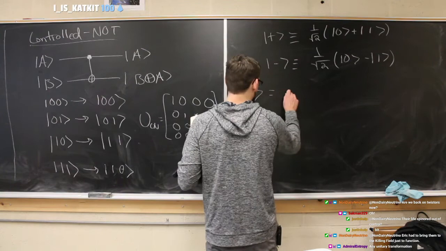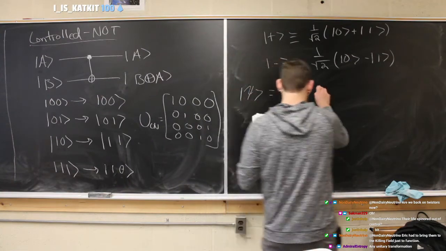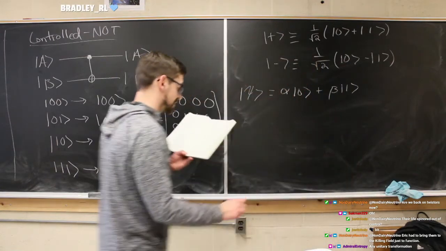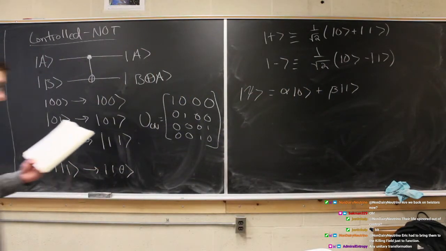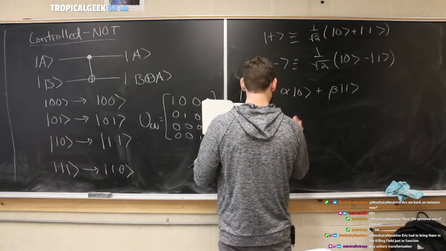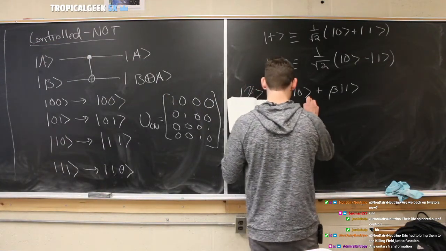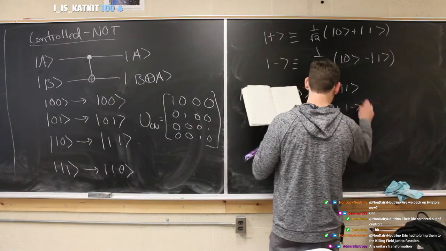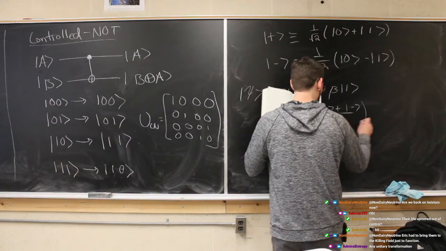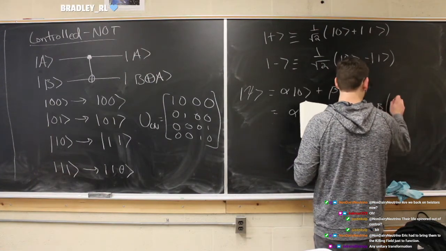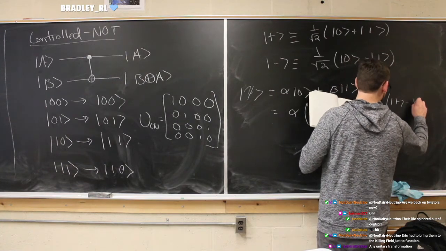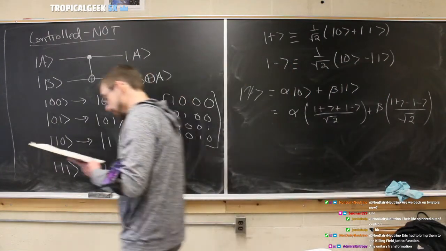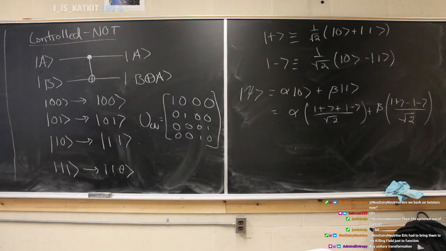So if we have some state that's alpha 0 plus beta 1, now we can rewrite this in the following sense. Okay? We can write alpha times the plus state plus the minus state over the square root of 2, plus beta times the plus state minus the minus state all over the square root of 2. Okay? So if we just solve for the different states,